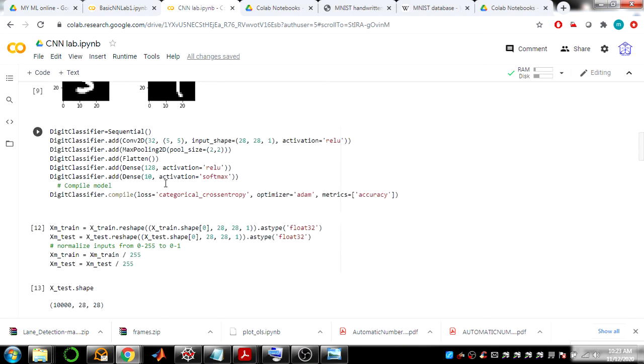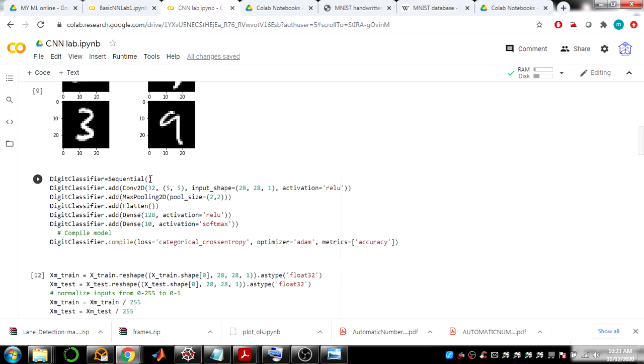So here in building the model we start with Sequential, that is the model we have to create. The first layer will be a convolution layer with 32 filters and 5 rows and 5 columns. That is the size of the filter. What is the size of the filter? Maybe you have some class in OpenCV about the filters, like edge detection filters, then an average filter to reduce the sharpness of your image or increase the smoothness of the image, like standard different features. Filters will be used. How many filters? 32 filters will be used here.